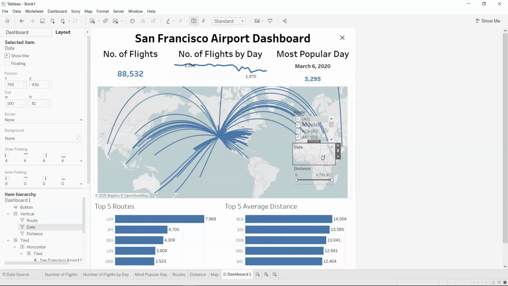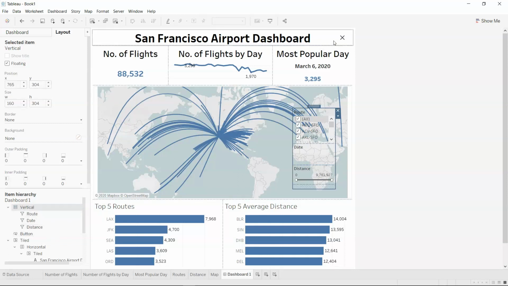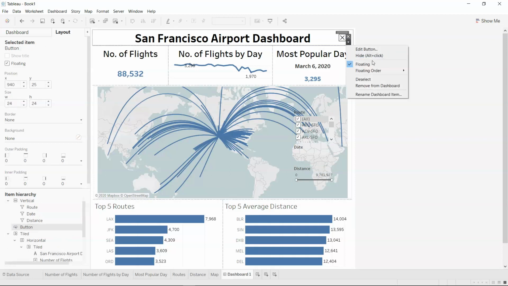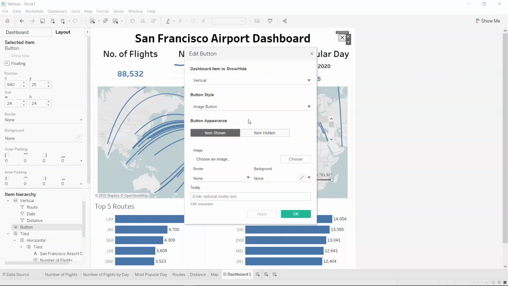Alright, and what I want is for this to be part of this. So we have this Show/Hide button, and what I wanted was going to the edit button,